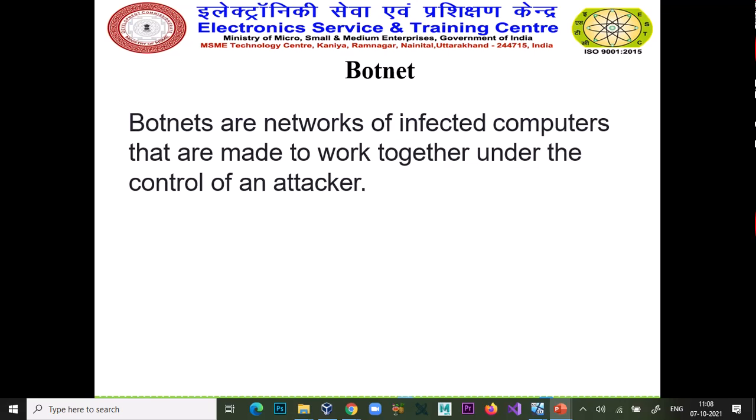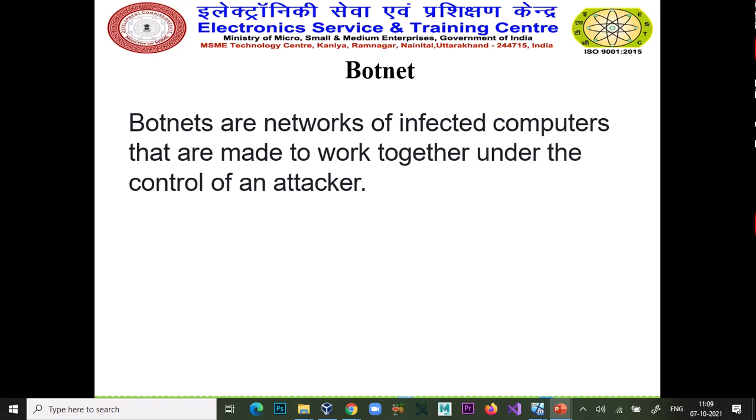Botnet. We have also discussed the botnet. Botnets are networks of infected computers that are made to work together under the control of a hacker. So we can say these are a group of many compromised systems that are used by a hacker.